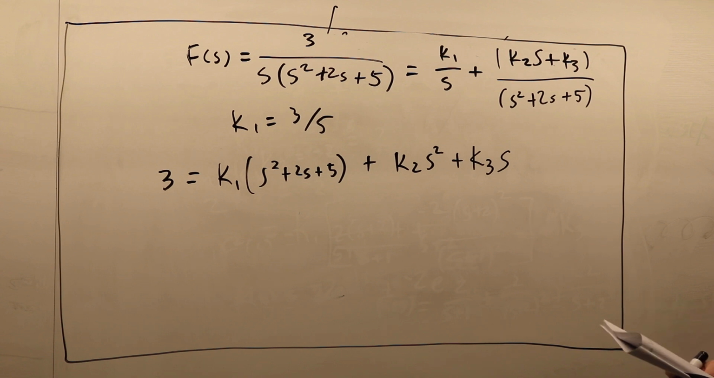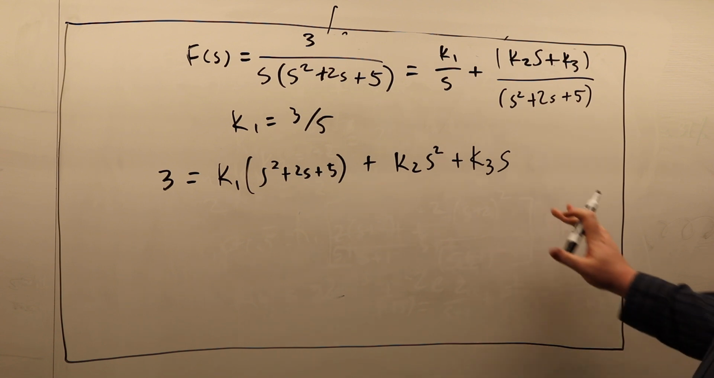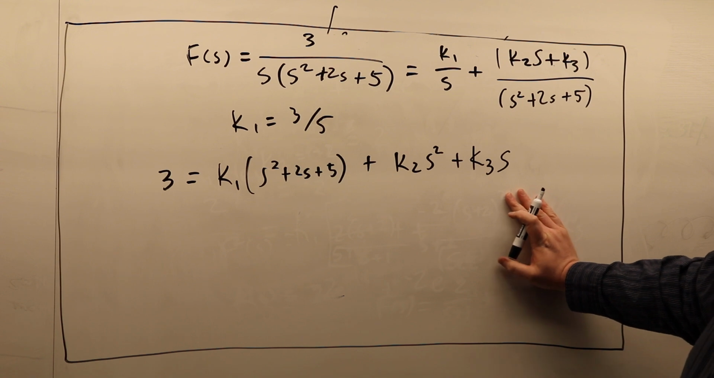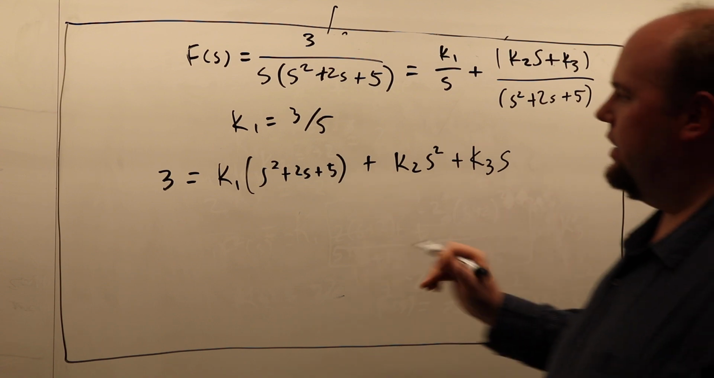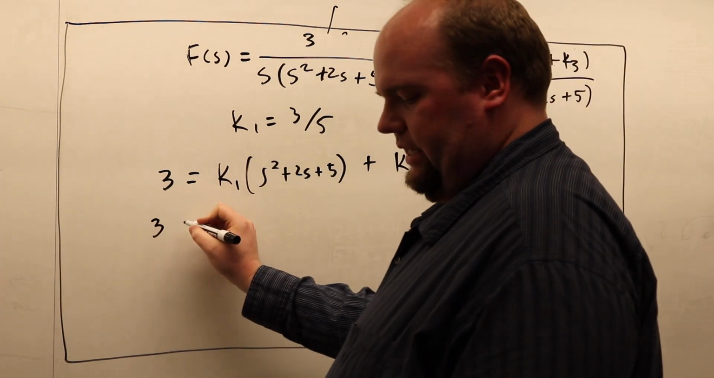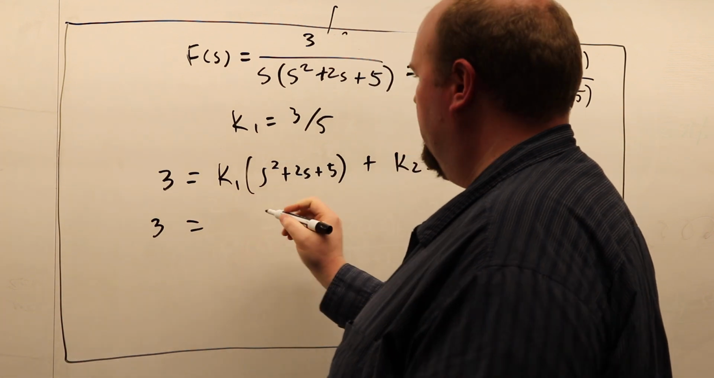Now we're going to rearrange this in terms of coefficients of s squared, coefficients of s, and then just constants, coefficients of s to the 0, I guess. So we have 3 is equal to, so we have